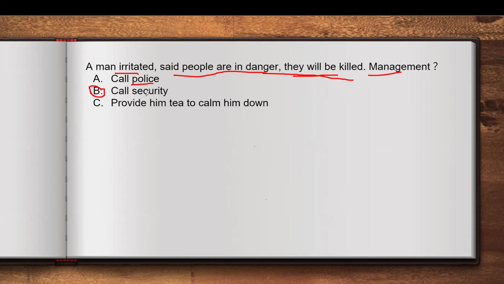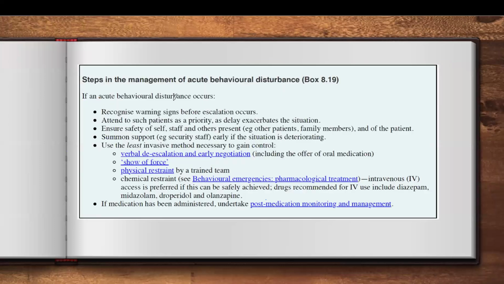Otherwise, right now, calling security is sufficient. And the third option, providing him tea to calm him down, is not the right approach. And maybe it will unintentionally escalate the situation. Okay, so you always need to have a backup. You have to call the security when you need to approach psychiatric patients who are having some